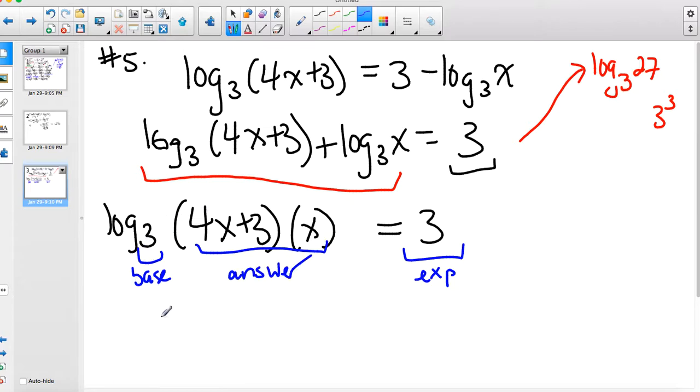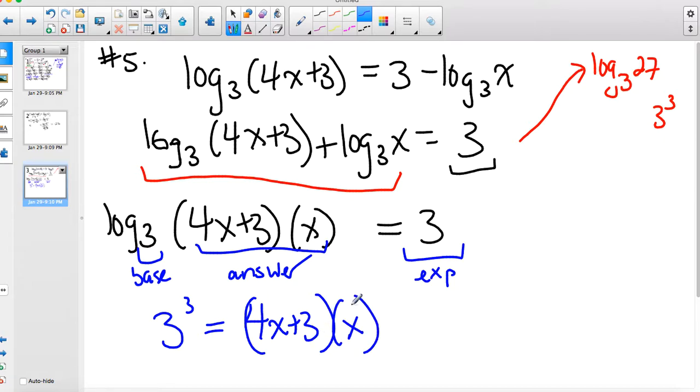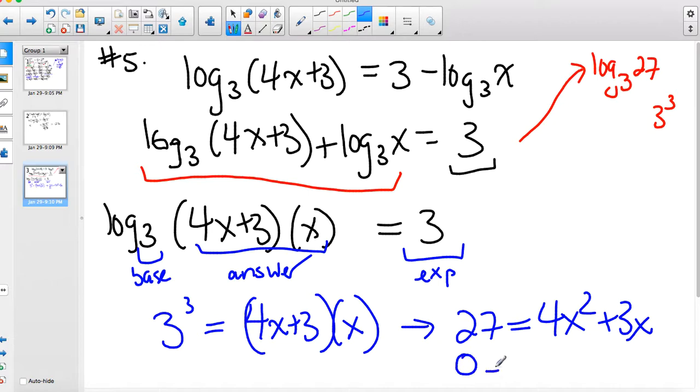So you're going to rewrite it as 3 to the power of 3 is equal to (4x + 3) times x, which makes 27 is equal to 4x squared plus 3x, which is 0 is equal to 4x squared plus 3x minus 27,